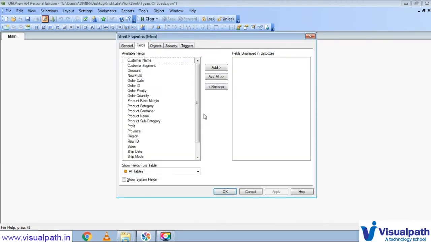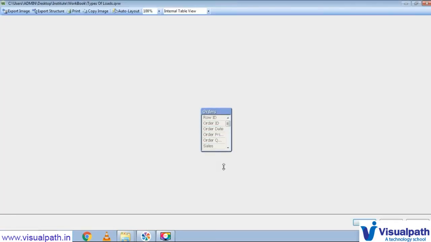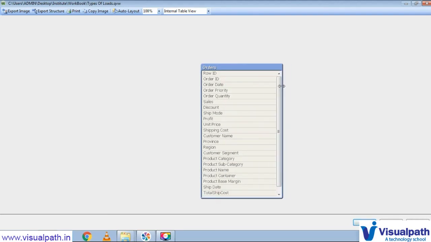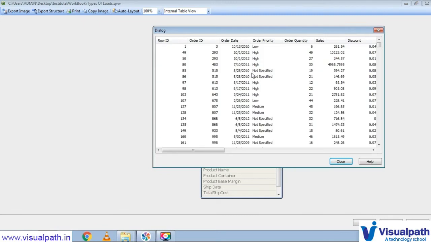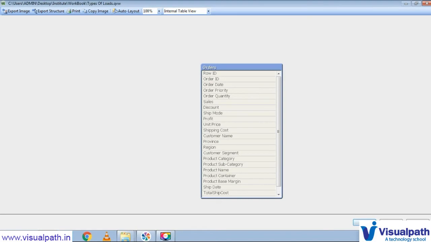Okay, it's loading, and now you see all the fields have been loaded here. What are our new columns? Total ship cost is our new column, right? And also the one new profit we kept, that also came here. Along with all the original fields from the Excel file, we also get the new two fields. And if you go to the table viewer also, everything will be available now. If you expand the orders table, you will find everything there. Just by using your mouse you can expand the table to see all the fields. So this is how preceding load is useful.